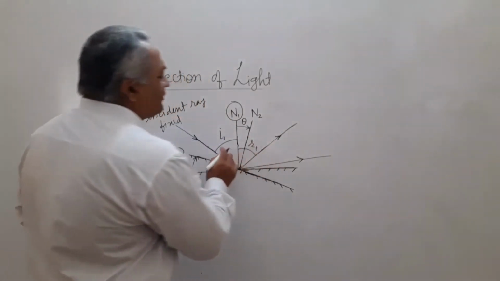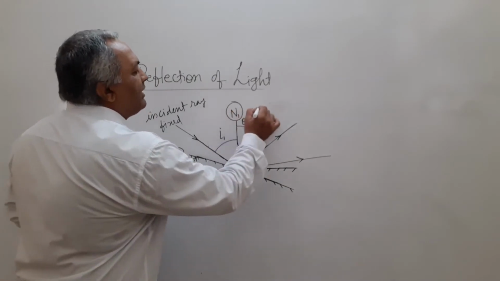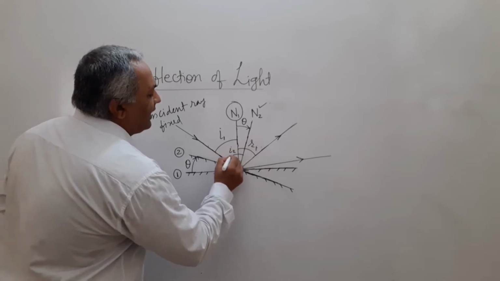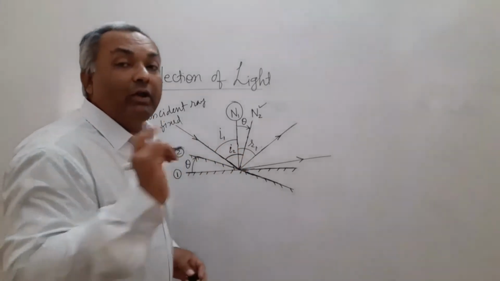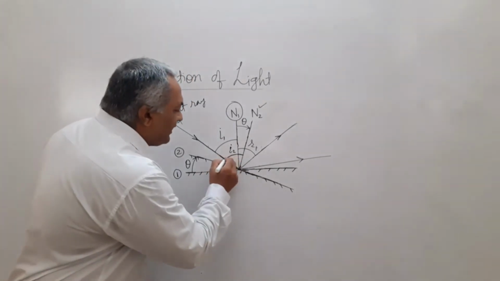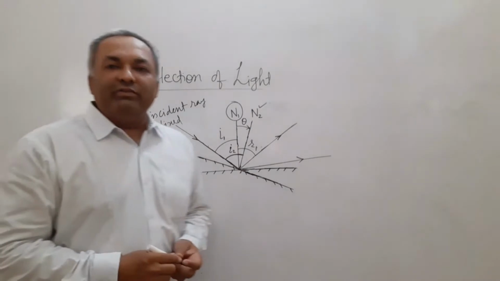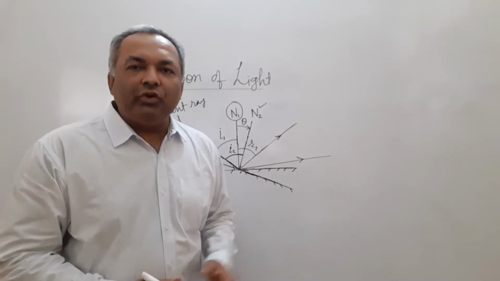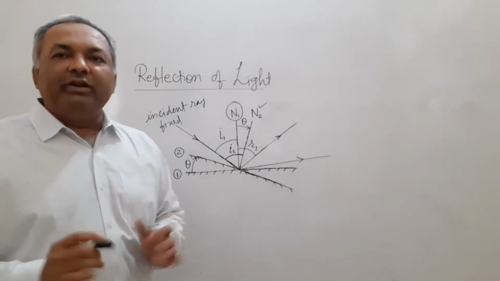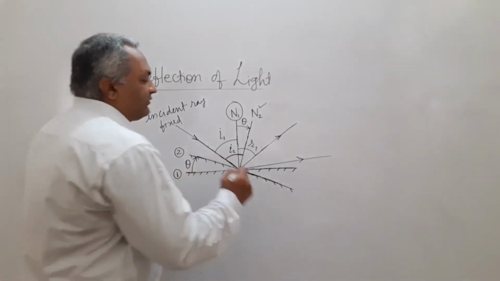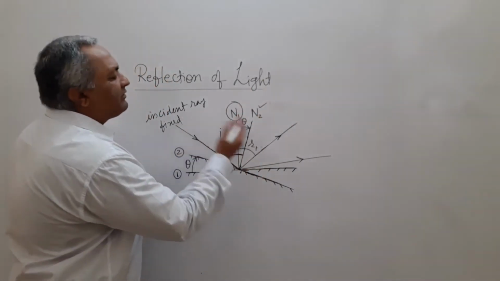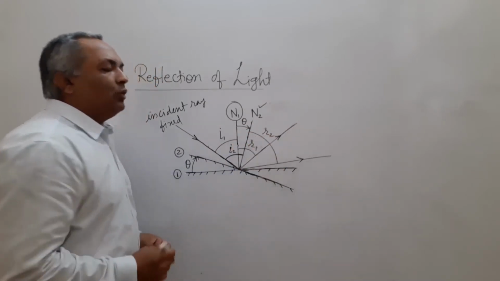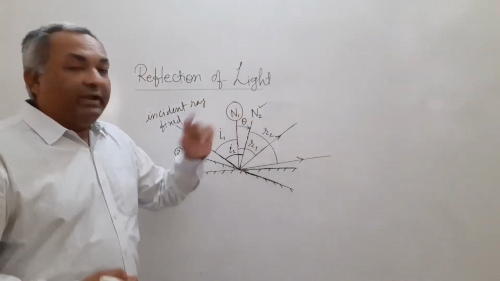Now, what has happened because of the rotation of the mirror is that instead of N1, now N2 is the normal, and therefore this entire angle here has become the new angle of incidence. So this angle here is I2, the new angle of incidence for this incident ray. Remember, we are not changing the position or direction of the incident ray. The incident ray is fixed. Next, N2 is the normal for the second reflection. Therefore, this angle will be R2, the angle of reflection for the second case.